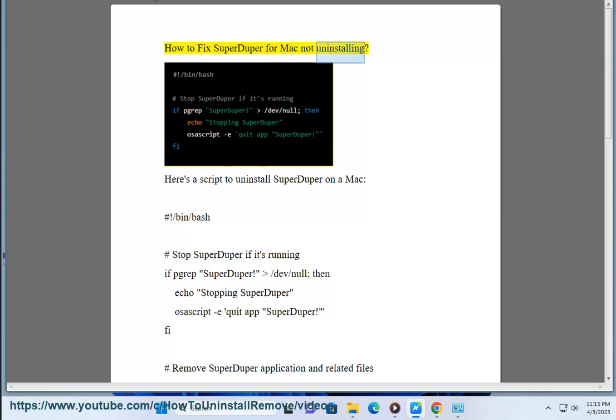How to fix SuperDuper for Mac not uninstalling. Here's a script to uninstall SuperDuper on a Mac: #!/bin/bash # stop SuperDuper if it's running pgrep SuperDuper